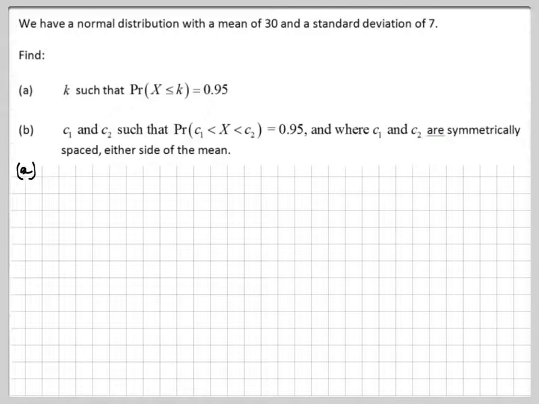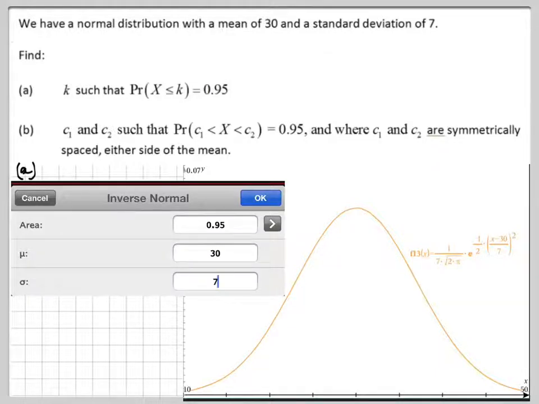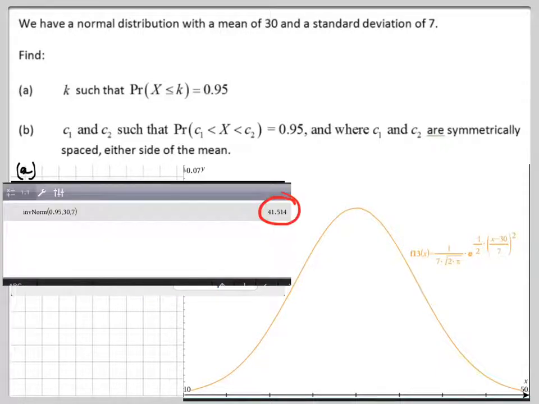Here comes A. Now, yes, there's the curve, and we want a 0.95 total area from the left. That's what we want. So what have we got? Do the old calculator routine. You get 0.95 for the area. You get mu is 30 and sigma is 7, and what do you get? You get that. And that is